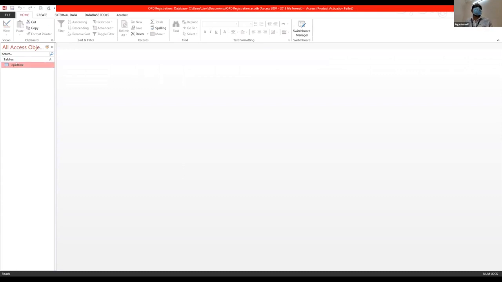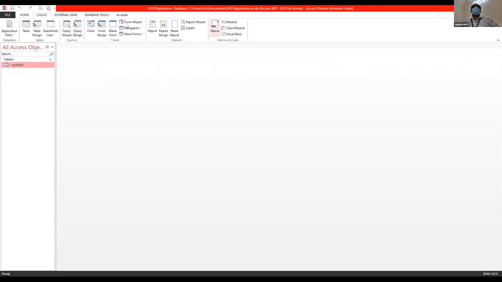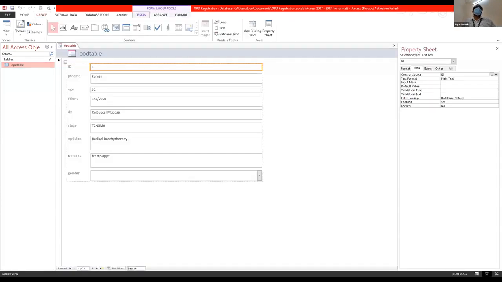Just click this one, go to the Create tab on the ribbon. This is called the ribbon in Microsoft language. So the Create option, and then the section called Forms. This is a group of forms here. This is a ready-made form. I don't want to design a form. If you want to design a form, you can do that once you learn about this. But I want a default form to be created out of it. Let me just click the form.